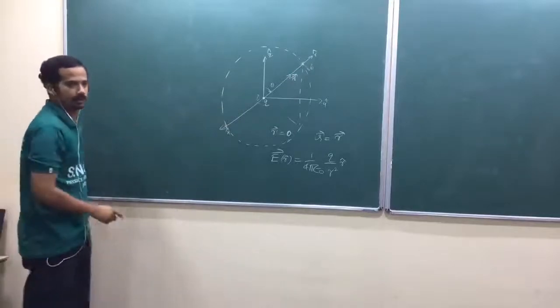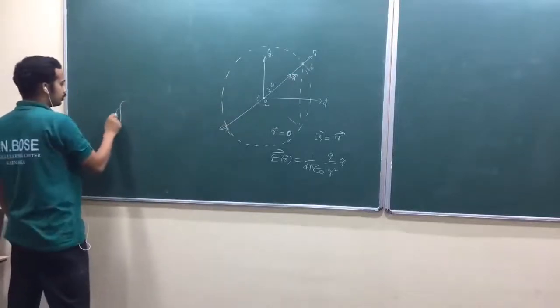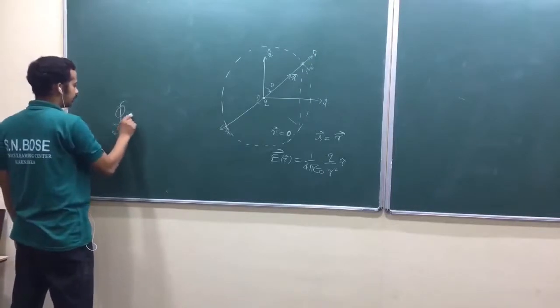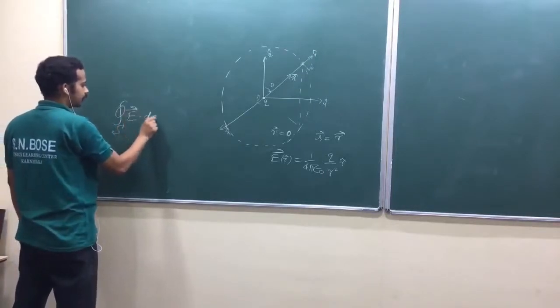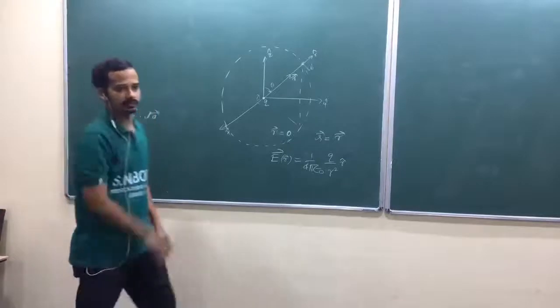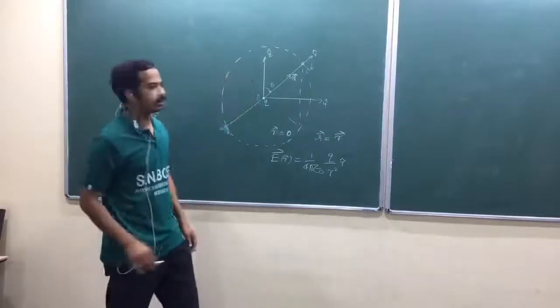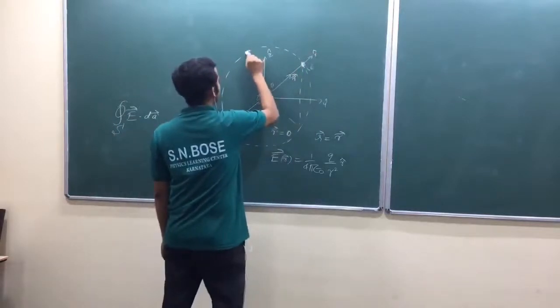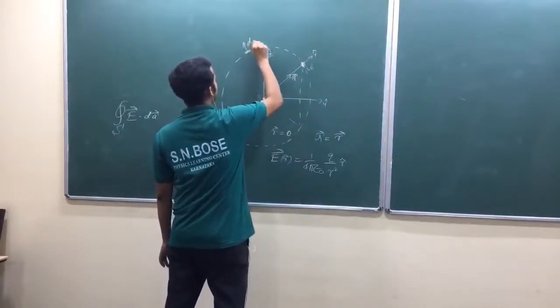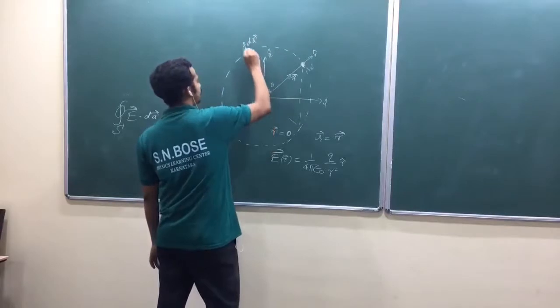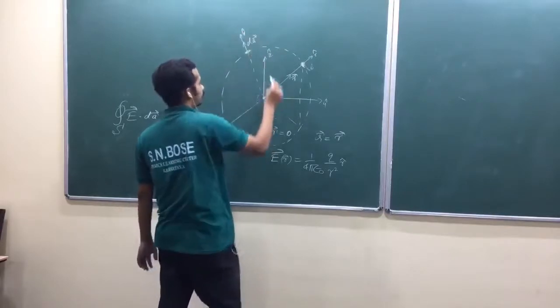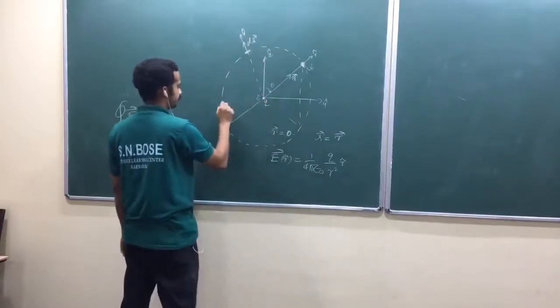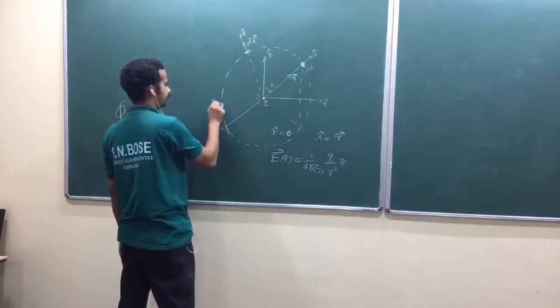Is it clear? And I am going to take the closed surface integral of the electric field over that closed spherical surface. Now look at that spherical surface. On that spherical surface, wherever you take, if you draw your dA vector, look here, the dA vector and your r cap are along the same direction. Are you getting my idea?